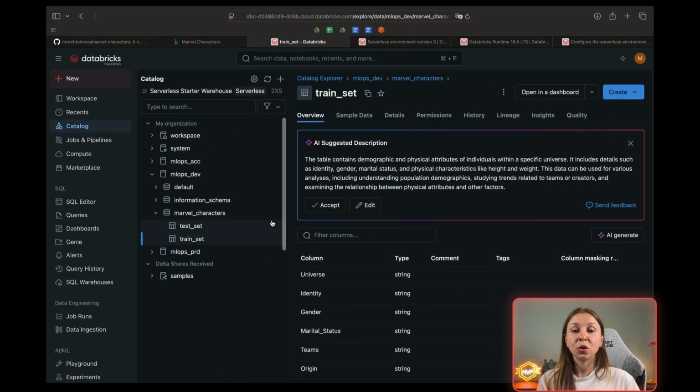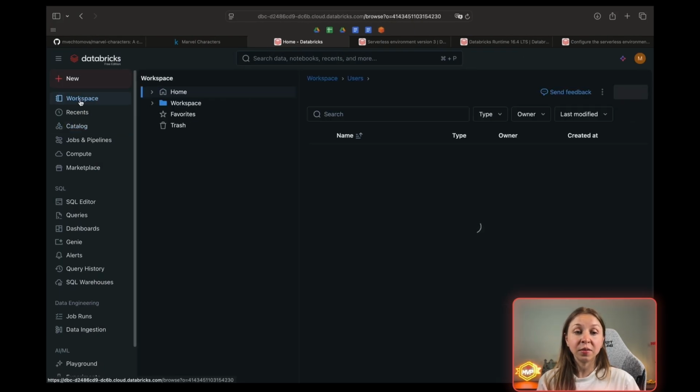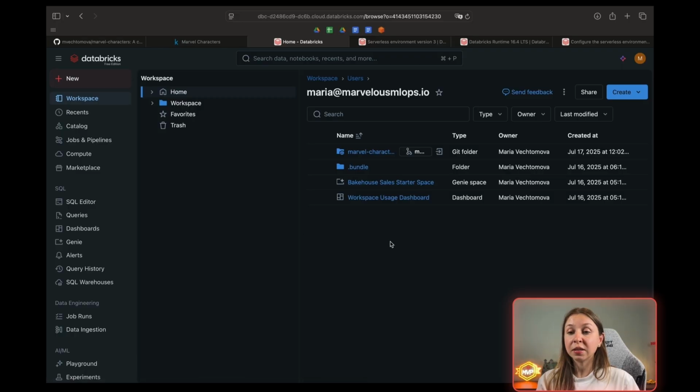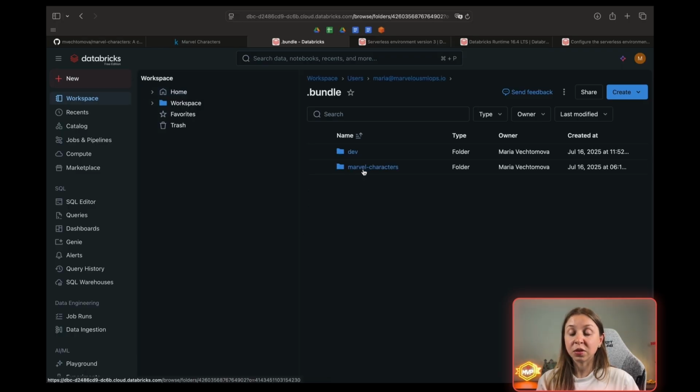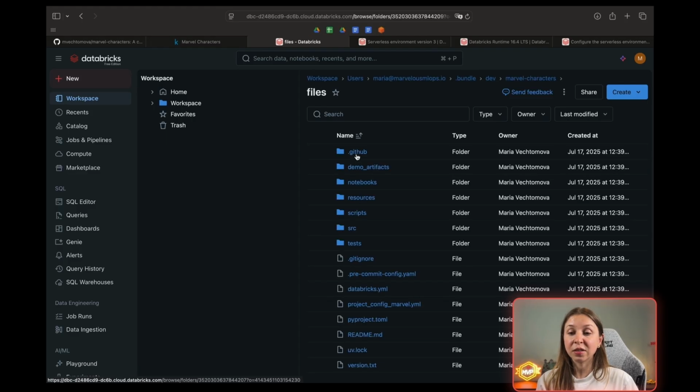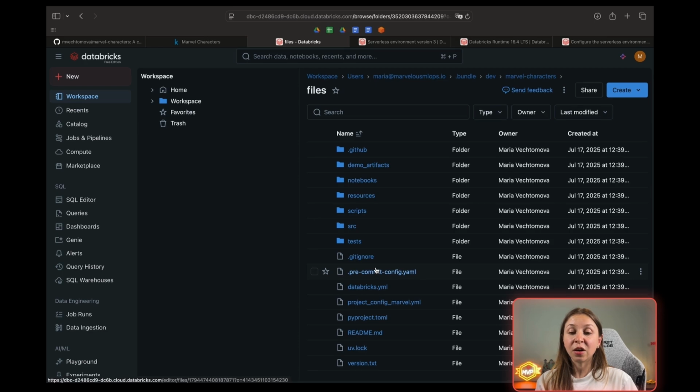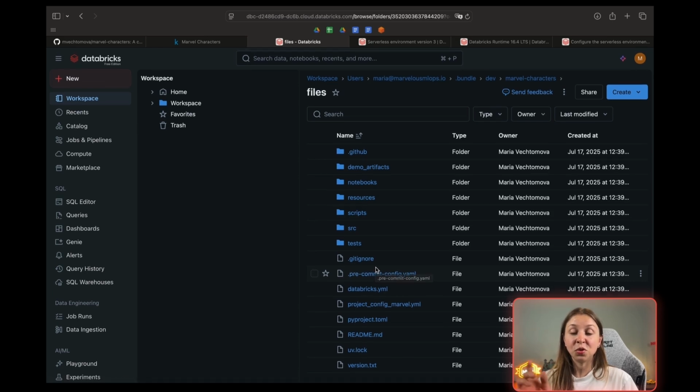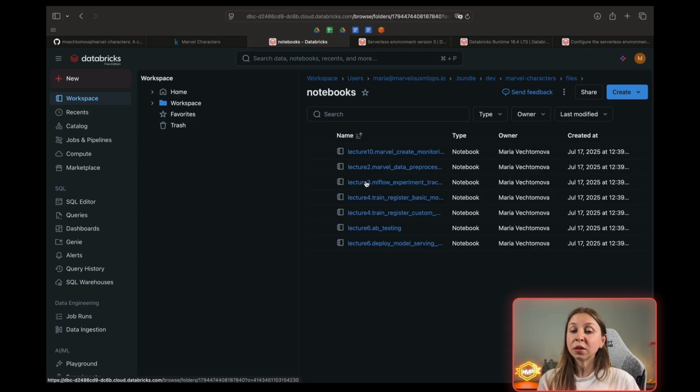We can go and check whether it's there. So it's in the workspace, we have a bundle folder, we have dev, Marvel characters, files, and here are all the files that we just synchronized,